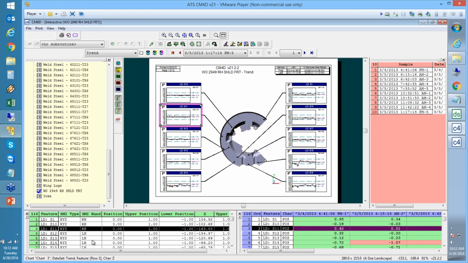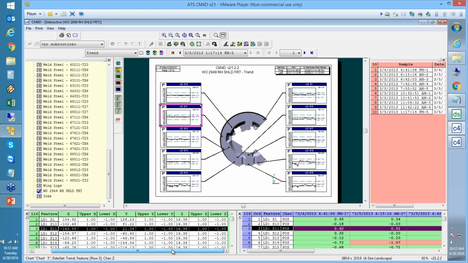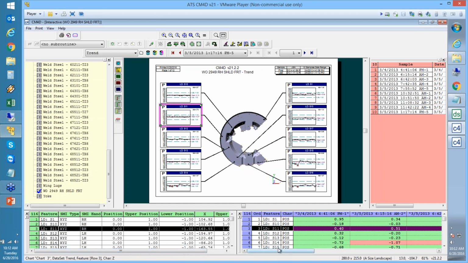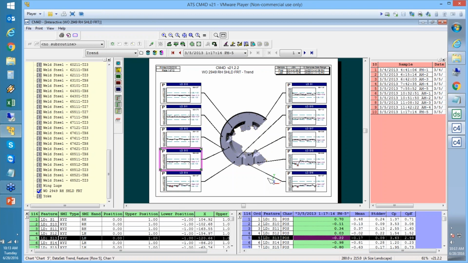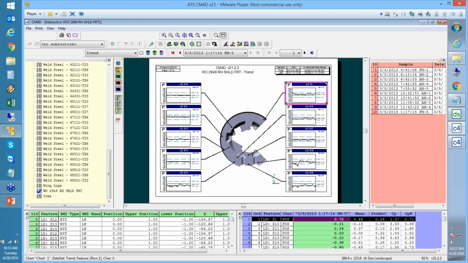As I click on these charts, you'll see that at the bottom you have two other option windows. The one in green is used for viewing nominal information about all the features in question. The one in blue shows you the result data for all the values that have been included. As you click, you'll see it will switch to the appropriate row reflecting the information for that particular chart